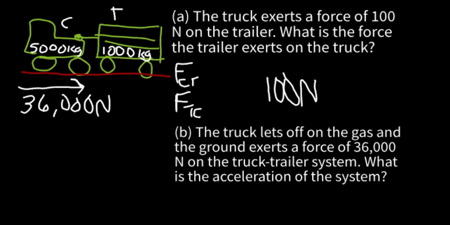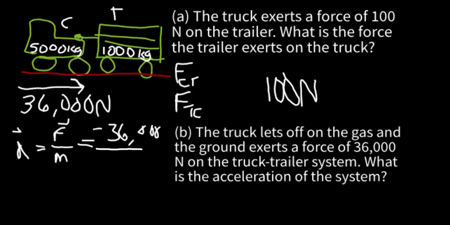So using Newton's second law, we can say that acceleration equals F net external, because the ground is external to the system and it's exerting a force on the system, divided by the mass. So think, should 36,000 be a positive or a negative value? Hopefully you said negative, because it is acting opposite the direction of motion and it's slowing the system down,